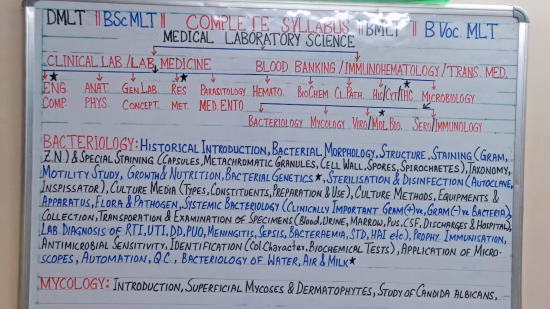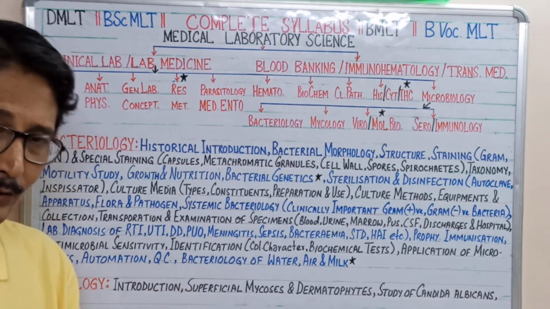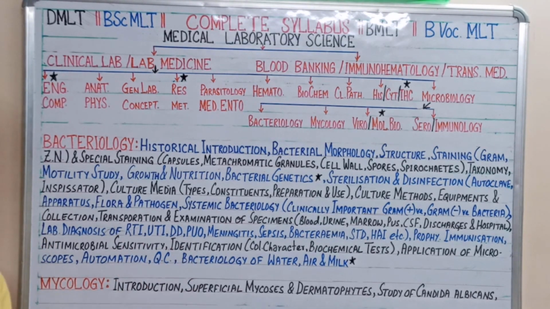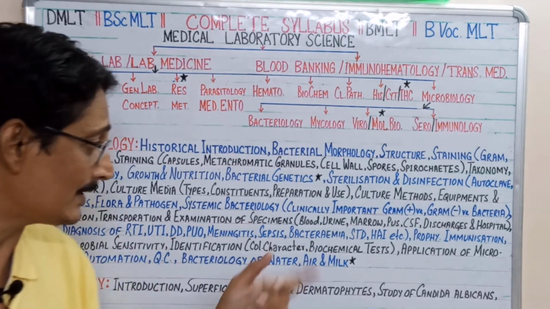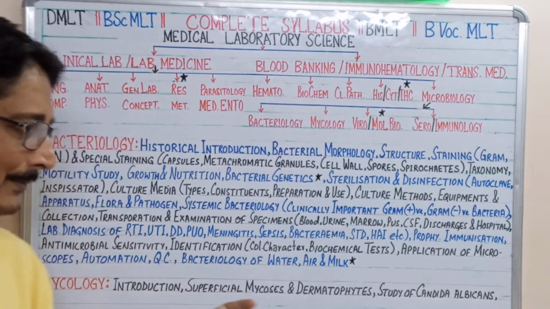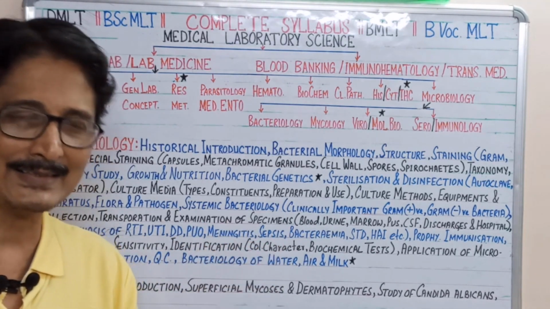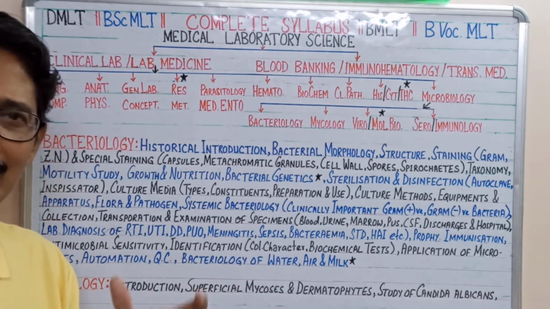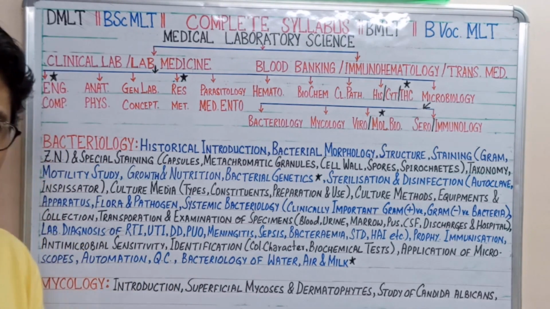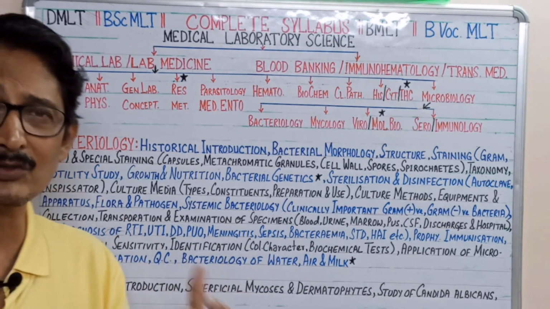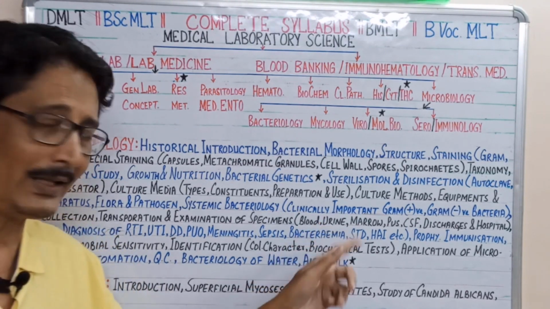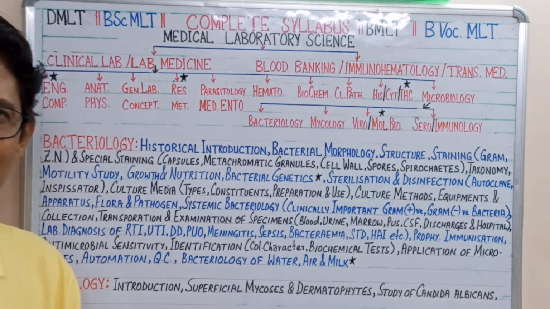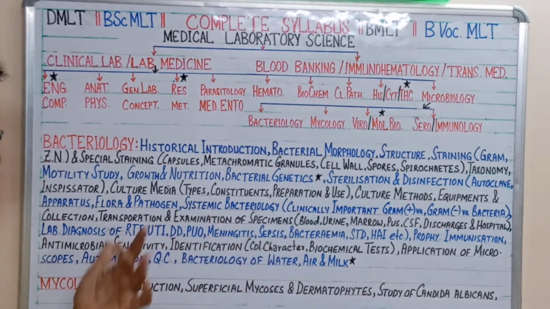Now the automation. Everywhere automation is occurring nowadays, and the benefit of this automation goes to the patients. How? For a blood culture and sensitivity test, it earlier required 7 to 10 days, but after automation it requires only 24 hours. For a urine culture it took 48 hours minimum, but nowadays it takes less than 24 hours.